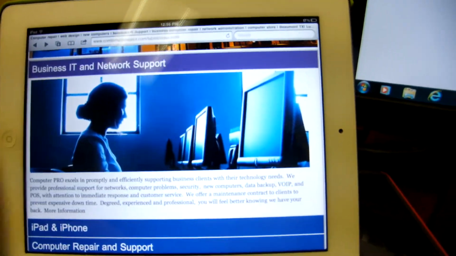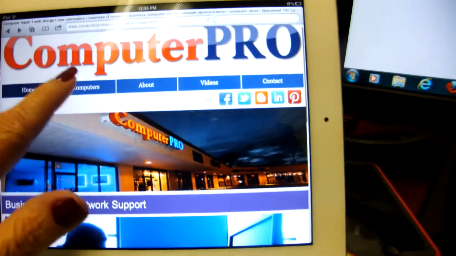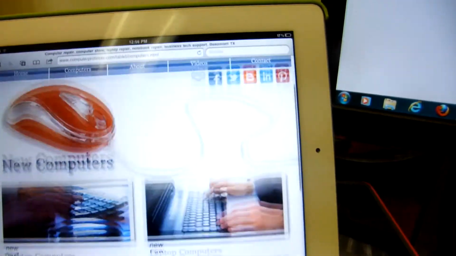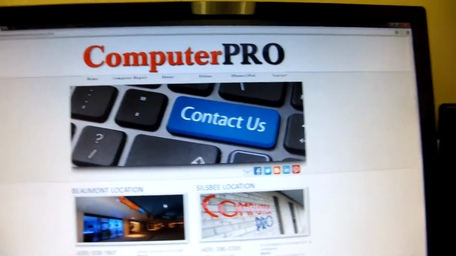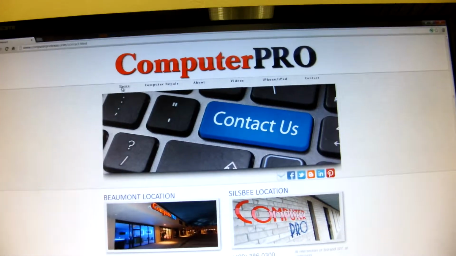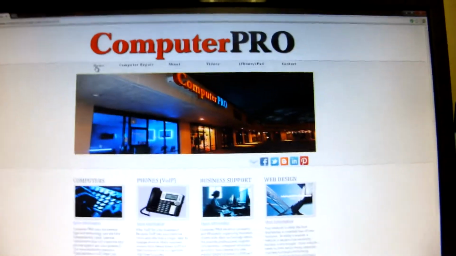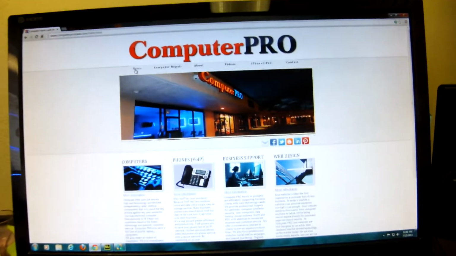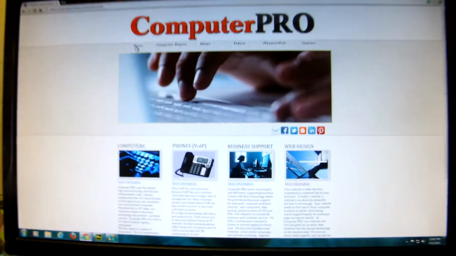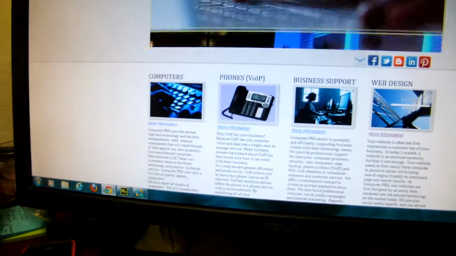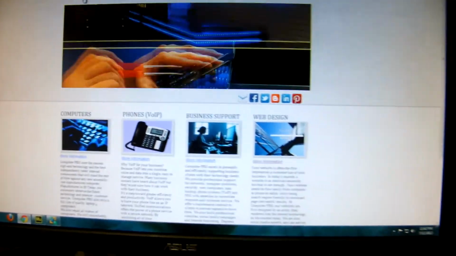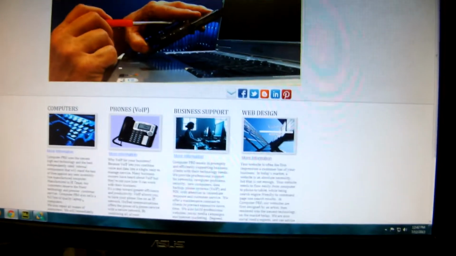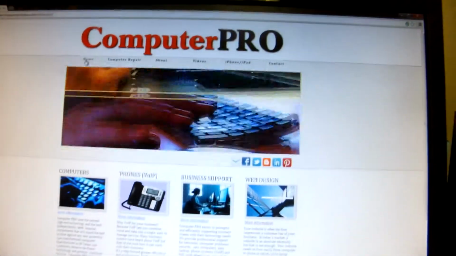The font is bigger. It's designed for the small screen. It's much easier to get around, more attractive, as you can see. So it is extremely important in this day and age that you are acclimated for all three screens, especially considering the fact that they're estimating that by 2014, 40% of all internet searches are going to be on mobile phones and on tablets. And so if your website is not ready for that,